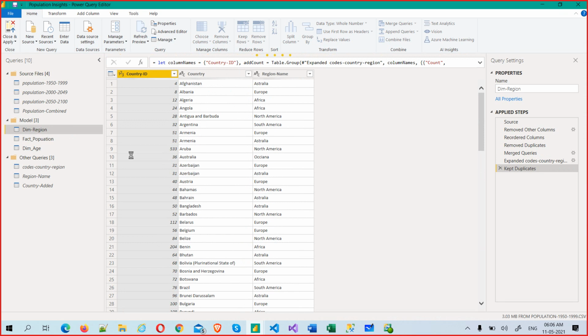Now you will see how many duplicates there are and how you can tackle them. If you want to deal only with duplicates, you can make a reference and keep only duplicates, enable or disable load, then load them and export into a CSV and send it to your customer or whoever it is.